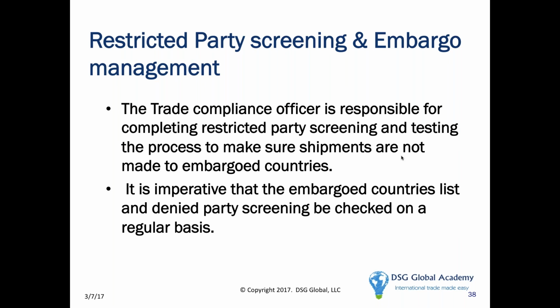If your product is made in the United States or is made from US technology, or your subsidiaries are all subsidiaries of a US company, you need to realize that there are US export controls that you may be subject to. You may not need a license unless you exceed the 10 or 25% threshold, as the case may be, for having US content. But always be sure that your products are not shipped from your subsidiary countries to an embargoed